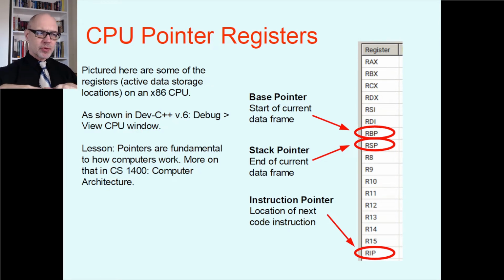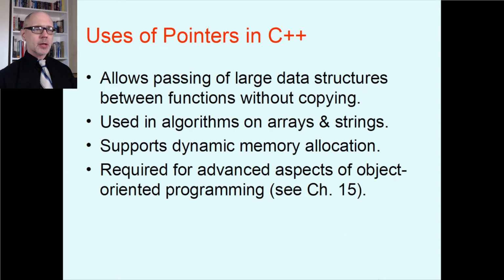So this is sort of the low-level story, right? This is what happens on CPUs. Pointers are super important. But here's the high-level story, right? As C++ programmers working in a high-level language, when is this actually going to be important to us? And I have 4 bullet points here about things we're going to do in the future that require use of